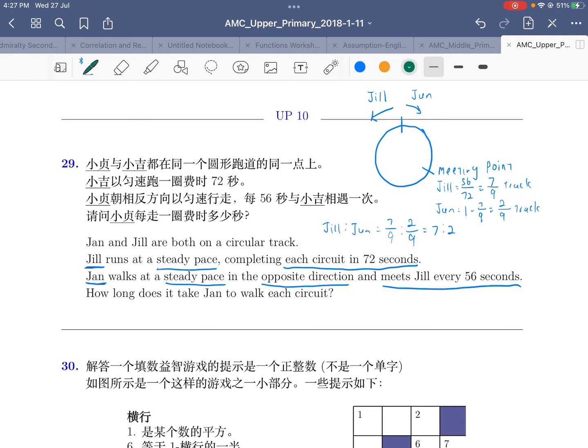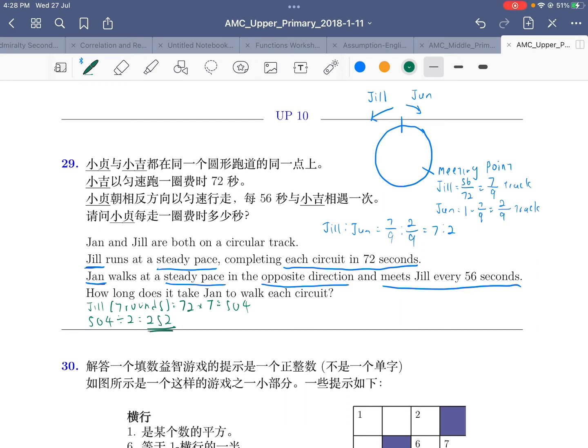And what would that mean? That would mean that the time taken for Jill for 7 rounds would simply just be 72 times 7, which is equal to 504. And this is equal to the time taken by Jen to run 2 rounds. So in order to find out how long does it take for Jen to walk each circuit, all we need to do is to take 504 divided by 2, and we'll get our final answer of